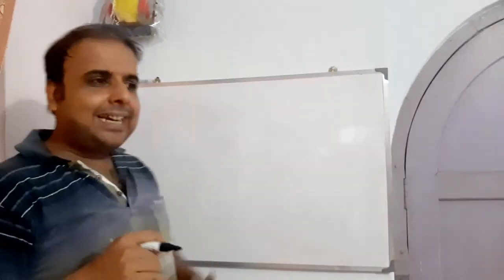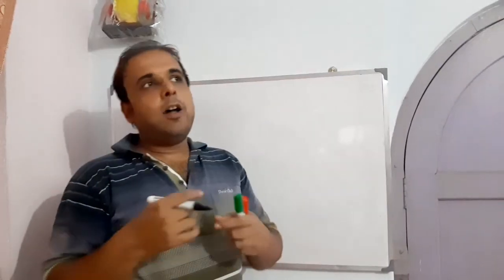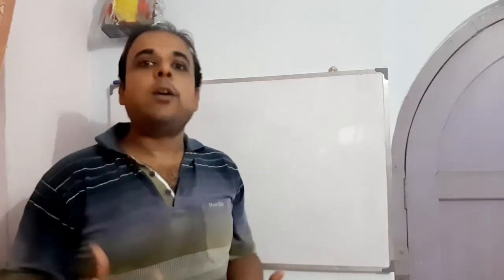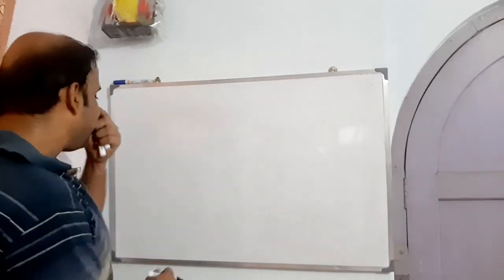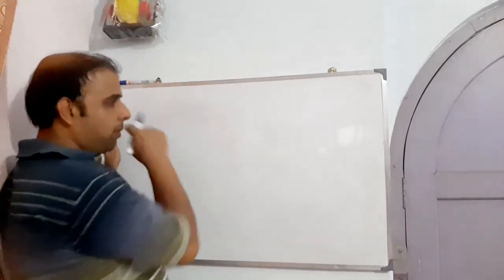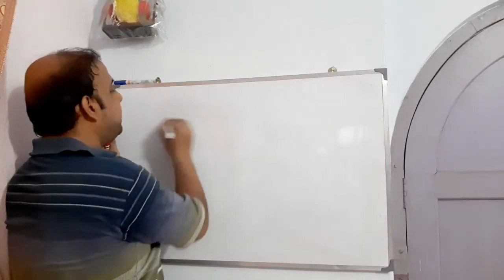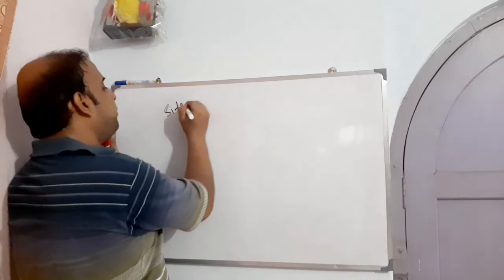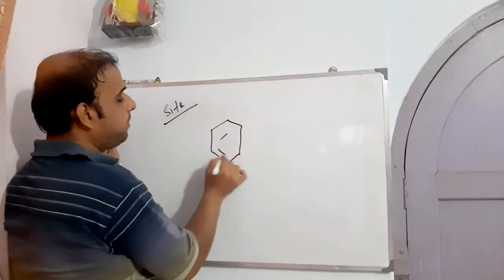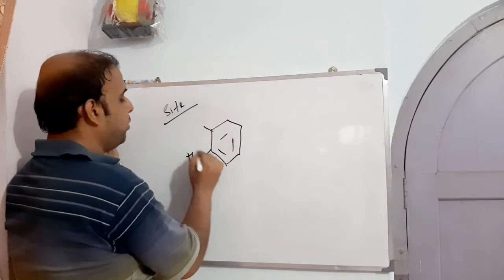And we have seen that as a result of this modification, we can get a beta 2 selective agonist, which can be given to the patient who is suffering from asthma. Chalo. And the drug is found to be salbutamol, salmeterol and all these things. Chalo. Now, let us see whether site 1 can afford a few other modifications as well. So this is found to be site 1. And we have with us 2-hydroxyl.